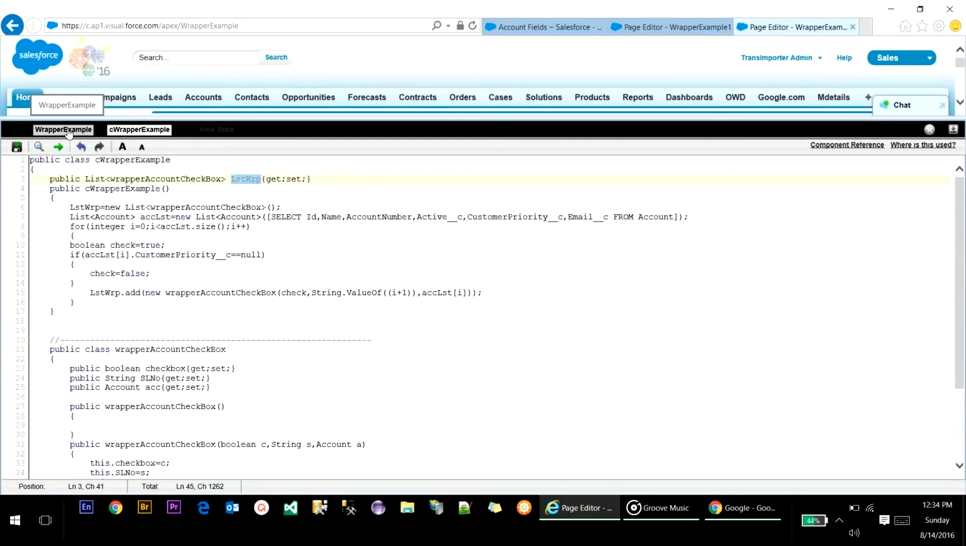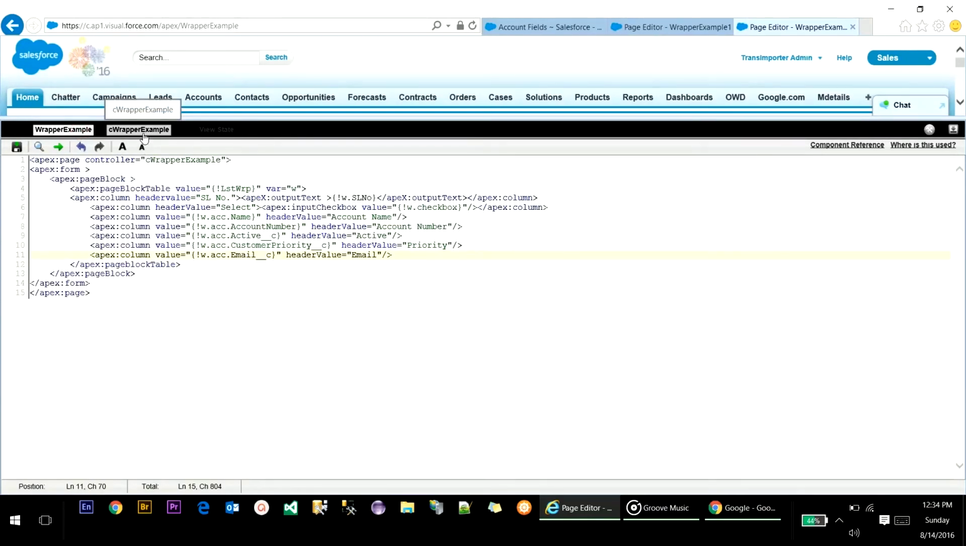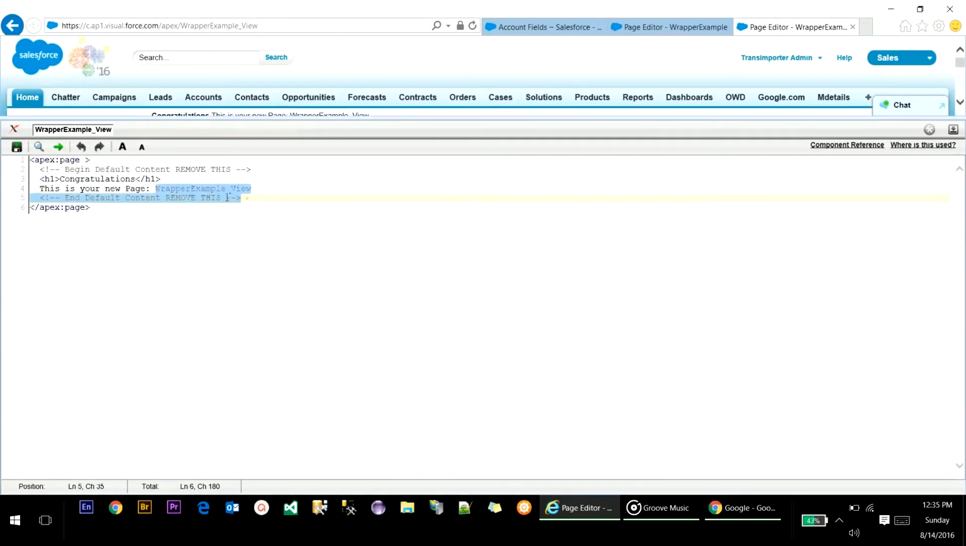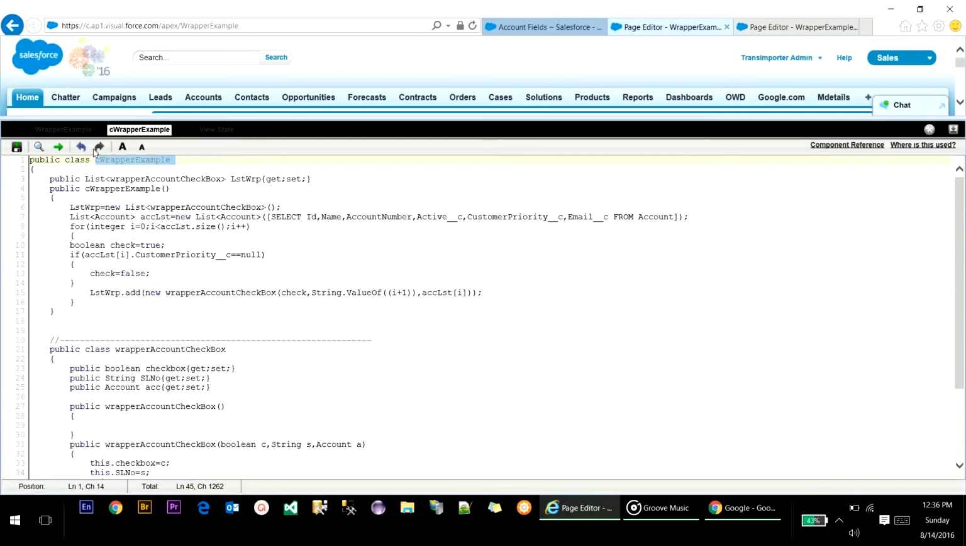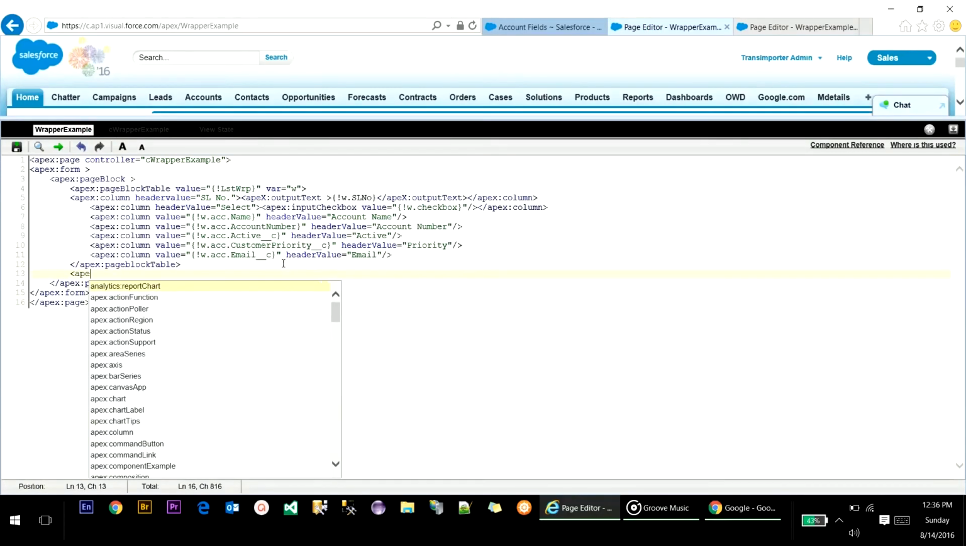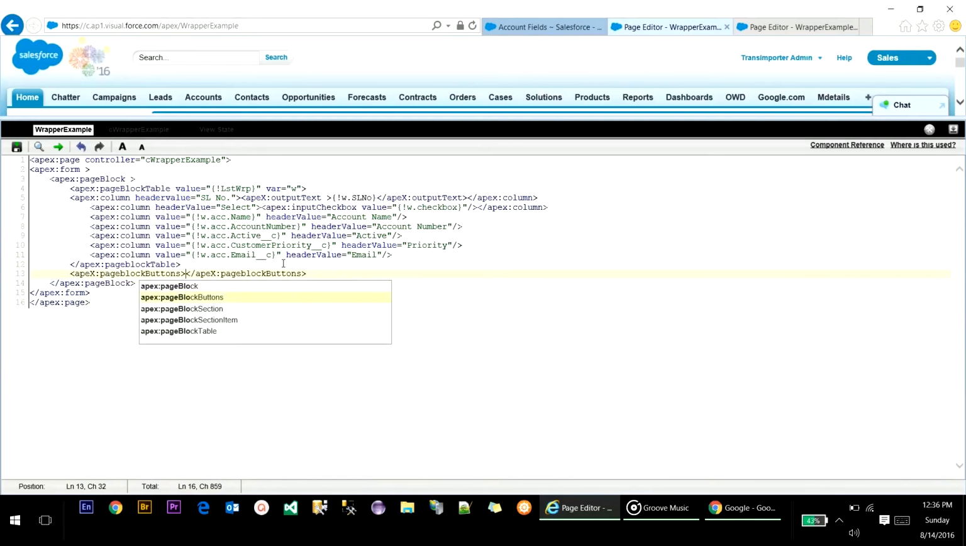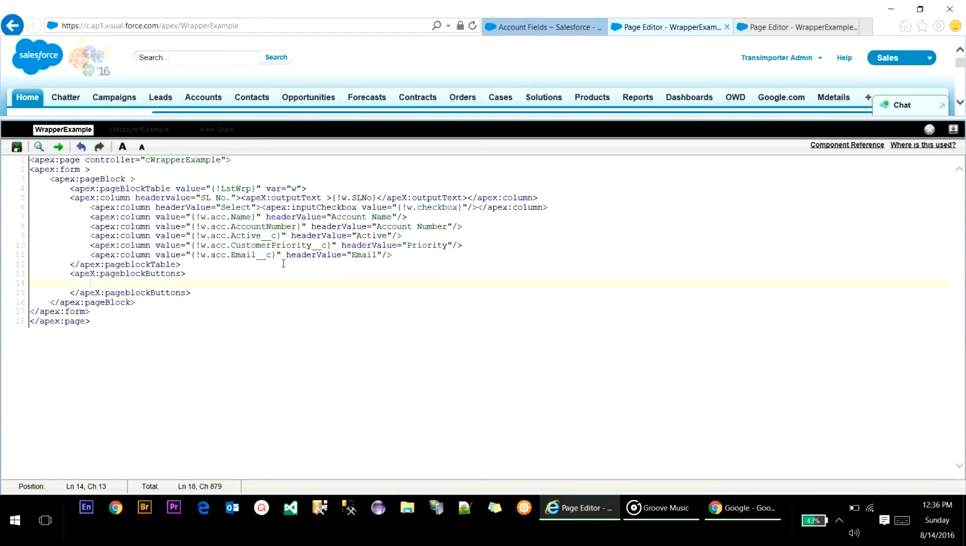So for that, let me create another page which will have these values. Okay, so this page has been created. Now I'm going to use the same controller as this, and one button will be placed here as Apex page block buttons, and Apex command button, so value as select, okay, and action as,